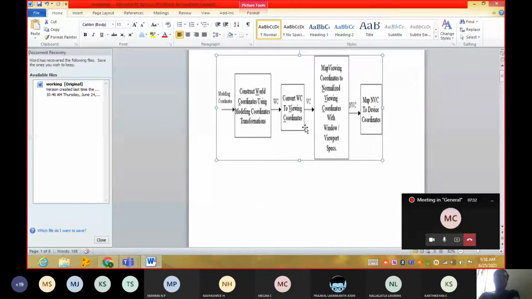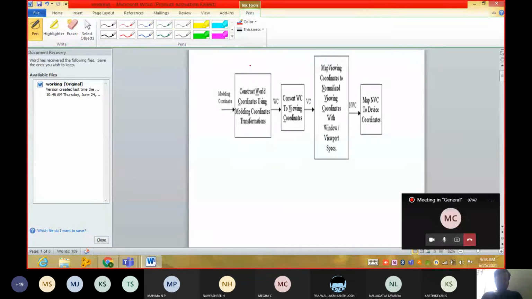First, we are going to construct the world coordinates from the modeling coordinates. In this first step, we are going to decide from the geometric object or from the plane what to display.